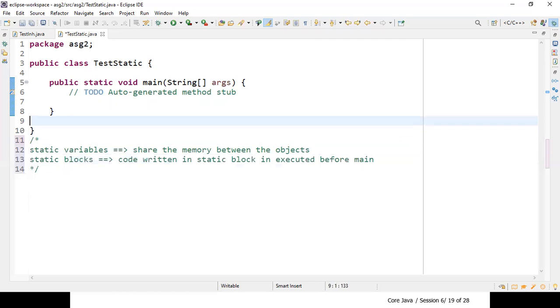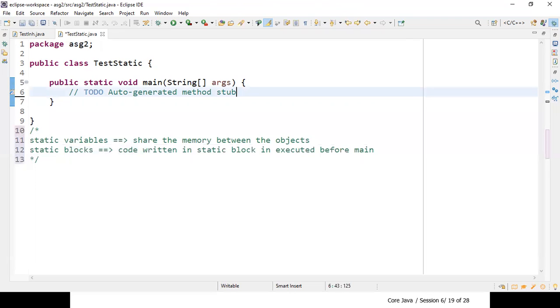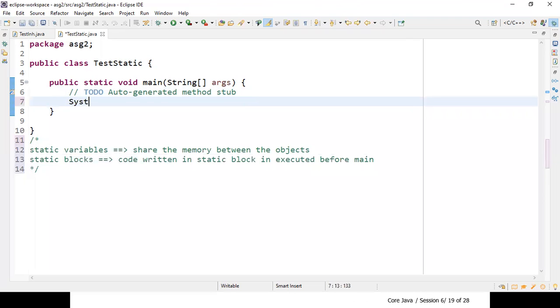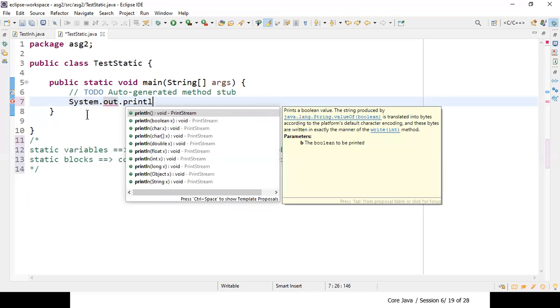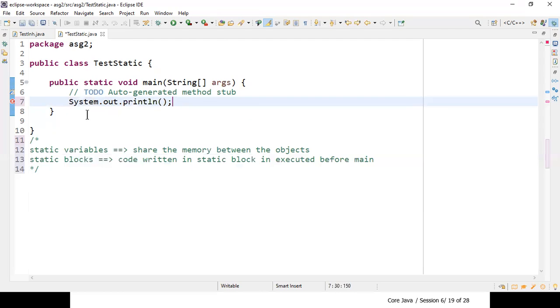For example, let's see this. I will take one example. I'll write System.out.println and give a message: "In main block".